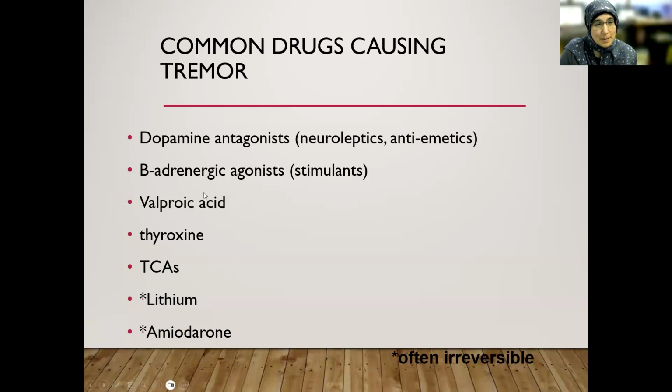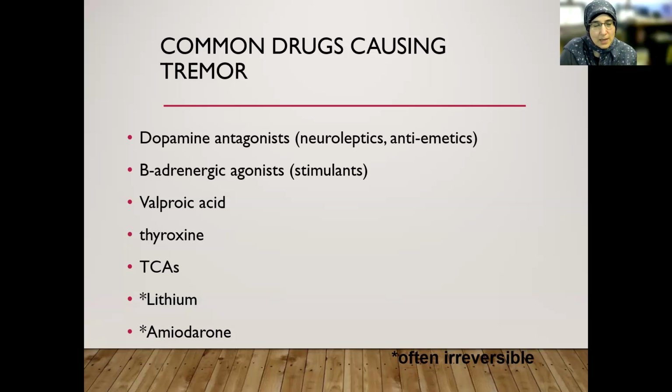A medicine known as Depakote, valproic acid, is used for different kinds of mood disorders. It is also used for headache and for seizures. One of the most common side effects of this medicine is shaking. Similarly, if somebody is on thyroxine or thyroid replacement, they can have tremor as well. Amiodarone, a medicine used by cardiologists for the treatment of different kinds of heart rhythm disorders, can cause tremor too. And the tremor which happens because of lithium or amiodarone very closely resembles either essential tremor or